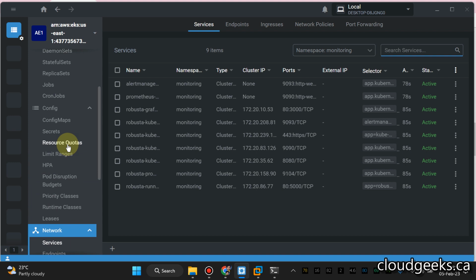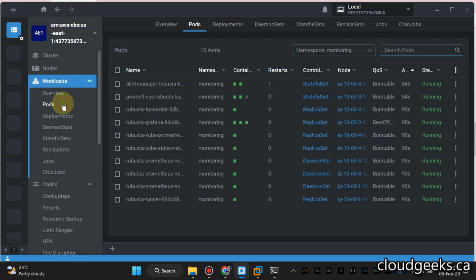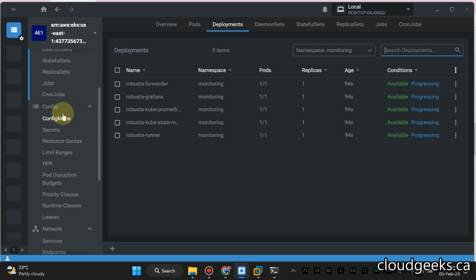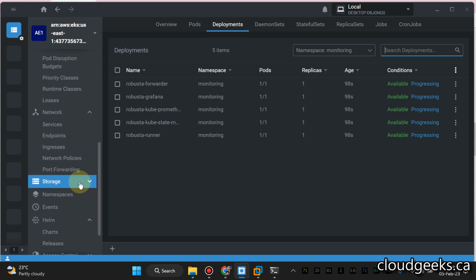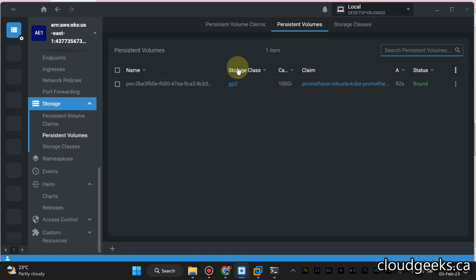I'm going to do the port forwarding to these as well. So these are the pods, these are the deployments, right? And okay, this is the storage section that you see. This is the PVC, and through the CSI driver which we have set up, it is now bound. And as I discussed, this is the 100 gigs which is going to be attached to